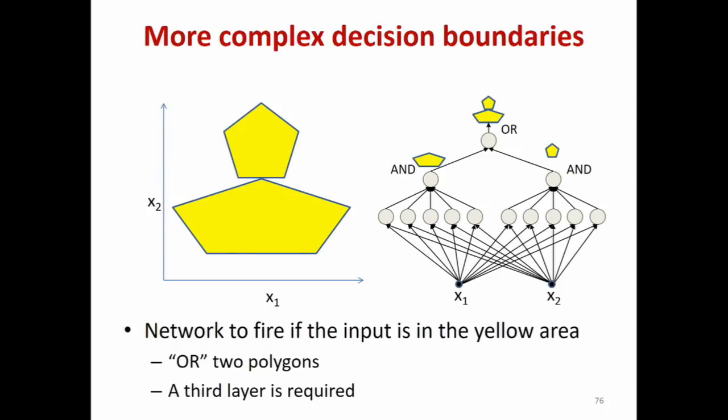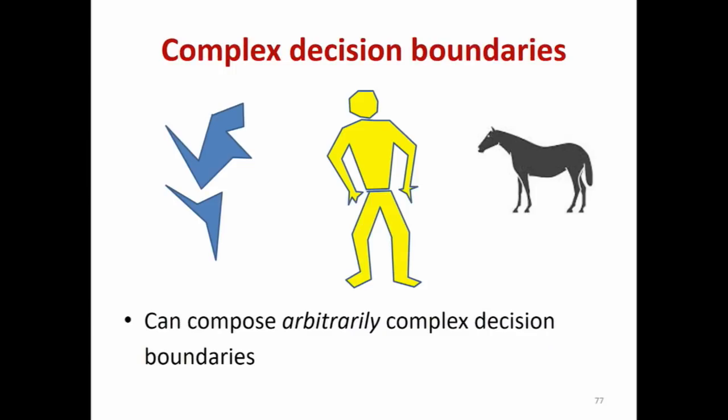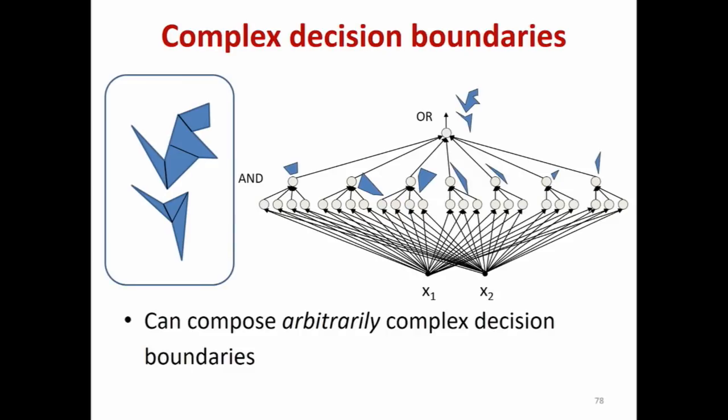But then we know how we can design this by adding one more layer, and then I get this double polytope. And now I can compose things of this kind. And the way I would do it is, if I wanted to build this decision boundary to the left, I'm going to chop it up into polytopes simply because they're kind of convenient. And then I can have one little subnetwork for each of those components. I can OR the lot. I'm not ANDing them anymore. I'm ORing the lot, which says that if I'm in any of these regions, I'm within the greater outer region. And now I can compose the larger structure, right? So this means I can compose